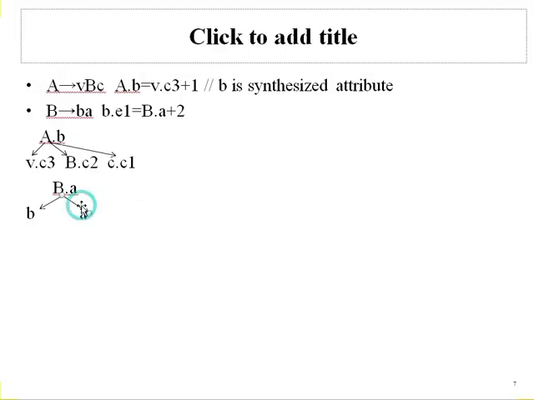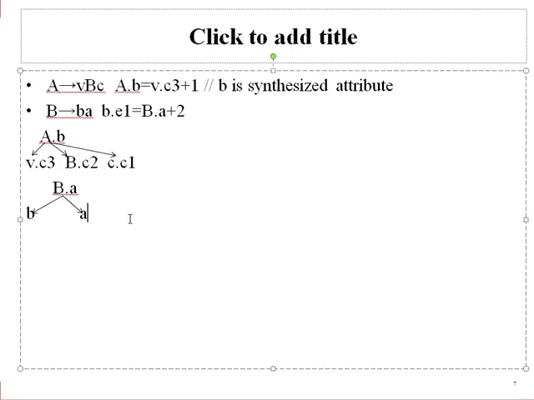So based on the production rule, we can see that we can attach attribute E1 to the grammar symbol B. So based on the semantic rule which is associated with the production rule B derives BA,